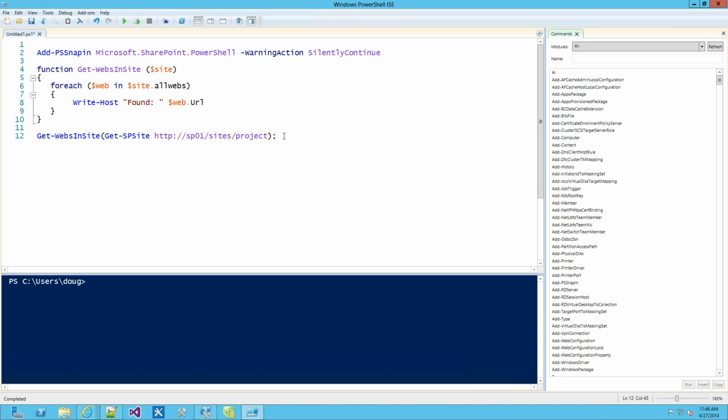This ISE gives you a little bit more intuitive interface for running PowerShell commands. In this case, I opened up the ISE, and I run this command called Add-PSSnapin, and I just say import all the Microsoft SharePoint PowerShell commands. And then what I did here is I created a little function, Get-WebsInSite. And I made this up. This is a name that I created. I tried to follow the naming convention of verb-noun, and this function takes one parameter called